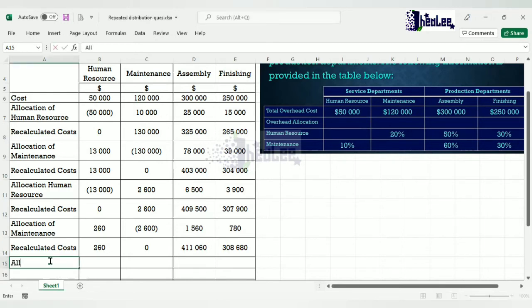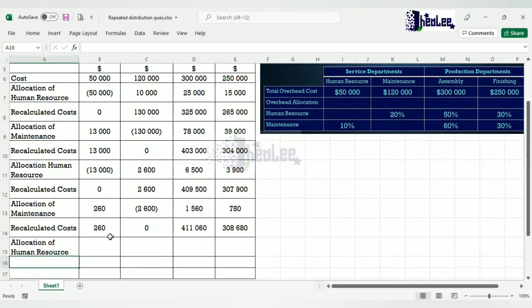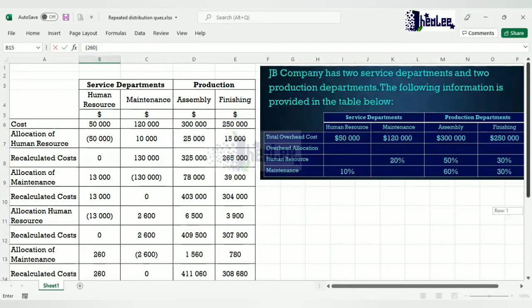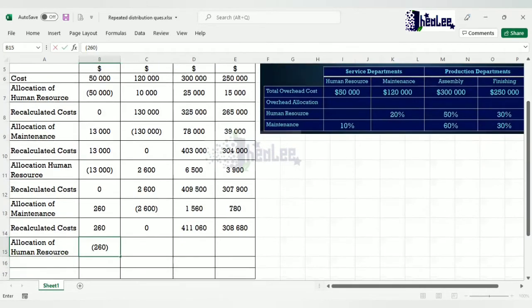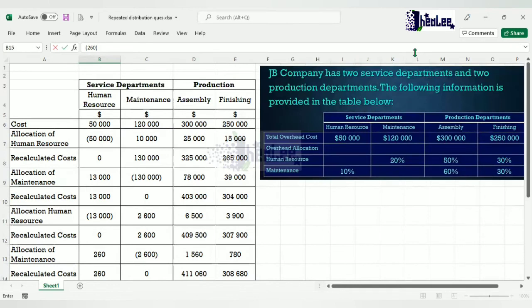So allocation of human resource, that's the department that we are allocating now, and we are going to distribute all of that $260. So make a note of that, that it will decrease by that. The maintenance department should not get any because the value is minimal. We're closing out. But in terms of this 260 that must be shared between the two production departments,